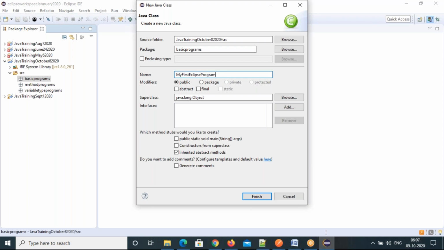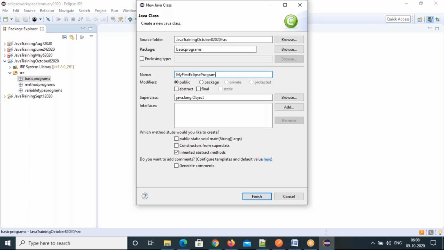Every word's first letter should be in capital. That's the class naming convention, how to write the class name. So what is the naming convention of a class? Every word's first letter should be in capital. Wherever you are writing the class name, you must remember this rule.